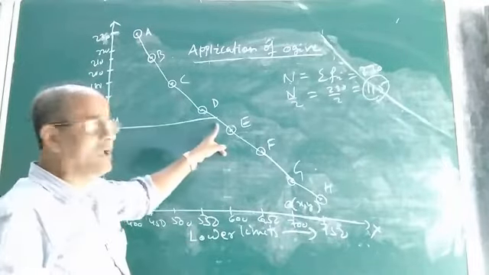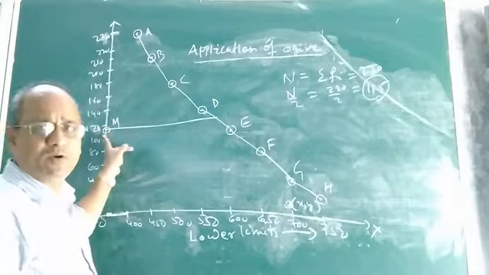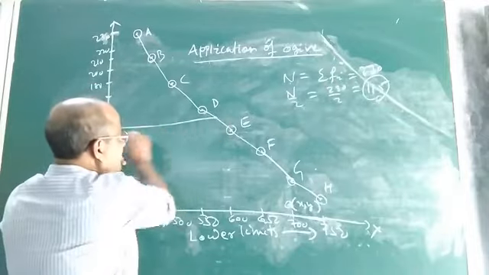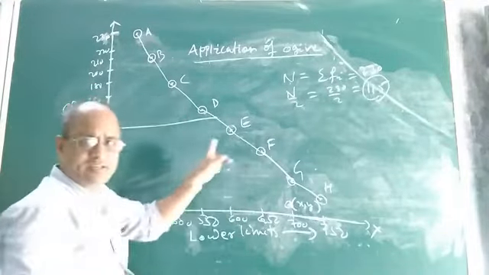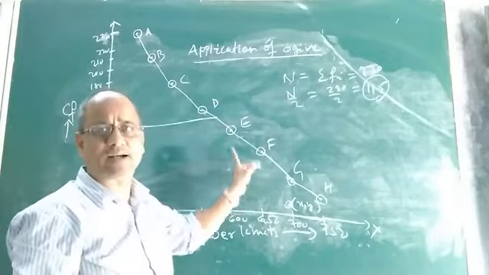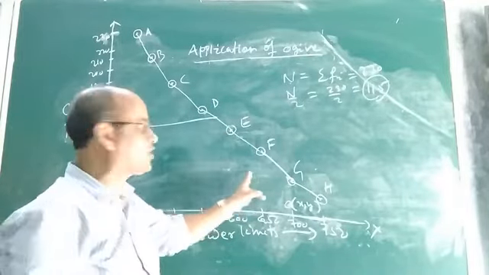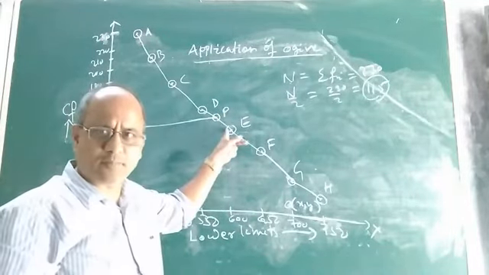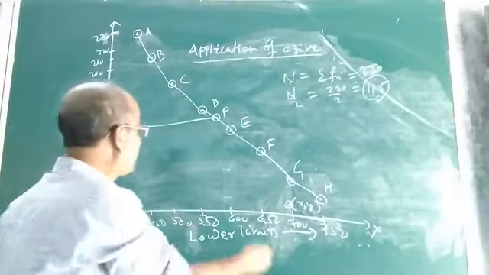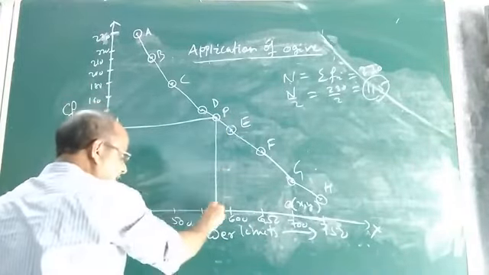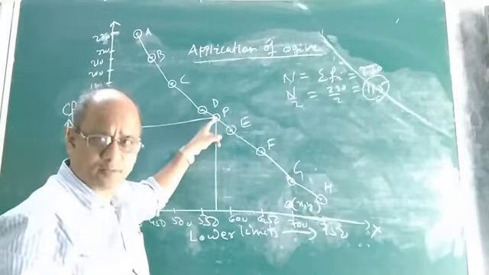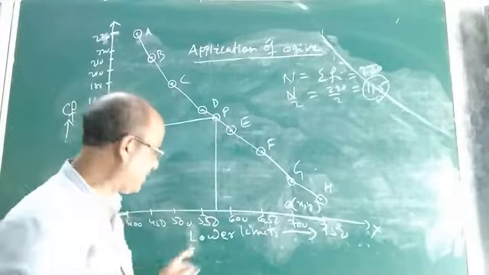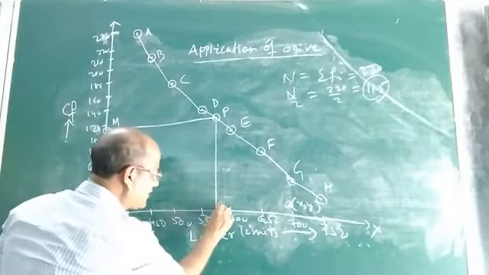Now what will happen, children? If we draw a line parallel from this point m, which represents 115, equal to n by 2, this parallel line will intersect the more than type ogive or cumulative frequency curve at a point. Suppose this point is P. Let us denote it by P. Now we got the point P. What is the next step? From this point P, draw a perpendicular to the x-axis. Then it will intersect the x-axis at some point. Suppose it intersects at this point, say Q.